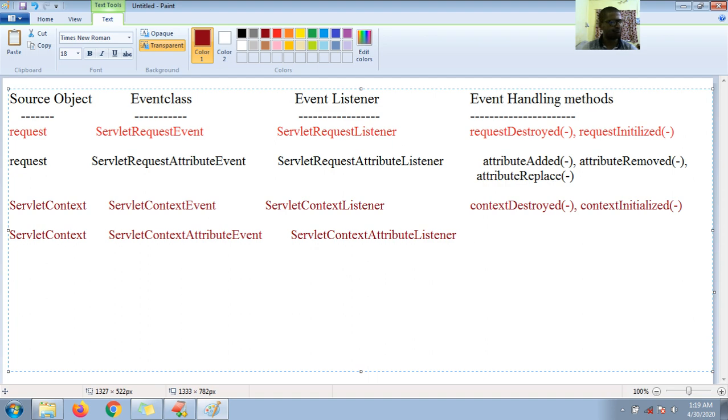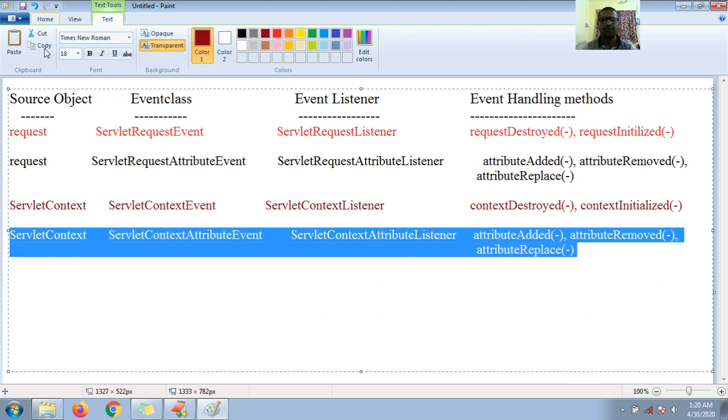Its methods are attributeAdded, attributeRemoved, and attributeReplaced. Okay boss, let me add one more different color for these attributes. Go for black color again.